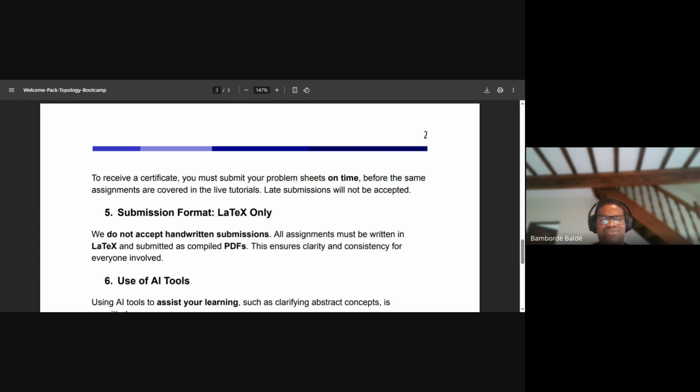It's not hard to learn how to use LaTeX, so everything has to be LaTeX, compiled into a PDF, just to make sure that things are consistent across the submissions. We are not second guessing, oh, do they mean this? Do they mean that? Because the handwriting is not legible.